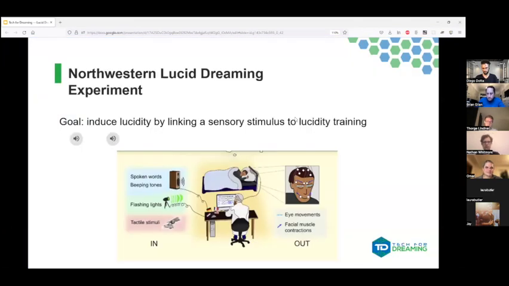The inspiration for this was that Karen and some other people at a bunch of different labs all across the world a few years ago did an experiment where they were trying to see if they could communicate with lucid dreamers while they were sleeping in our lab and while they were in a dream. Because they wanted to communicate with people in a lucid dream, they first had to get them lucid. And they came up with a procedure that they called hypertraining. So how hypertraining works